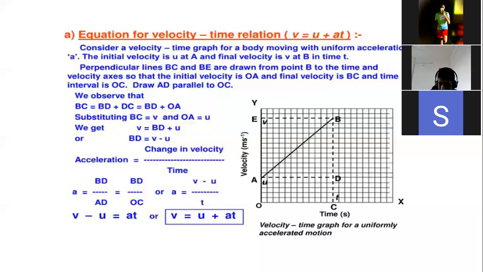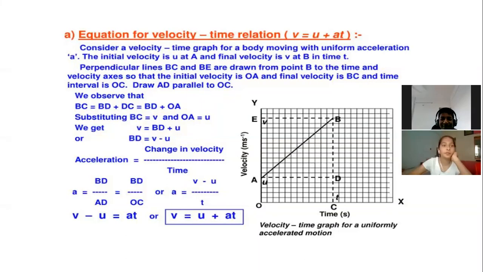If in some numerical case there is a final velocity given to you, an initial velocity given to you, and acceleration given to you, they can ask you to find time. In this final equation there are 4 variables. Out of these 4 variables, 3 will be known and 1 you have to find. In such a case you have to use this equation. This particular derivation part, you have to learn it.